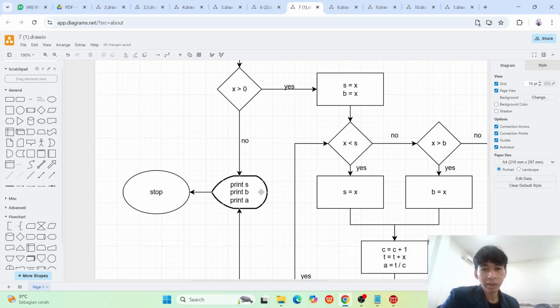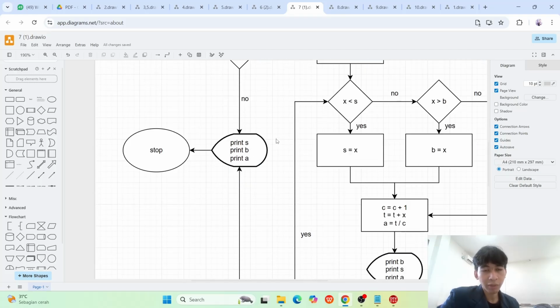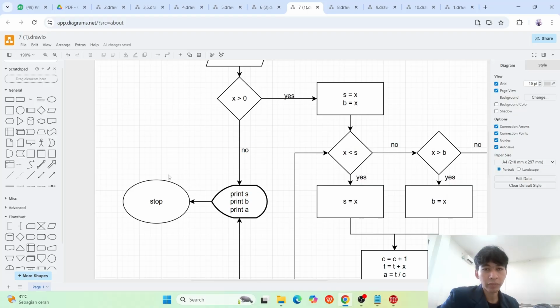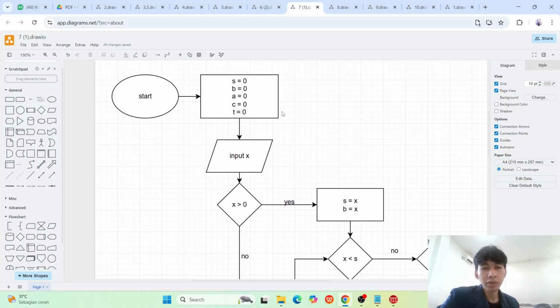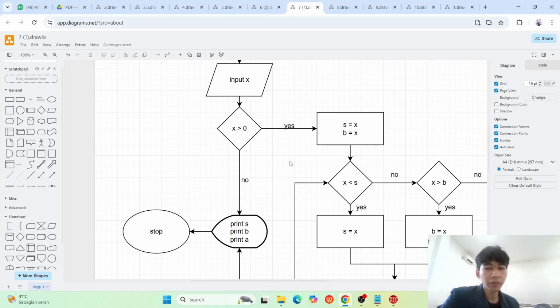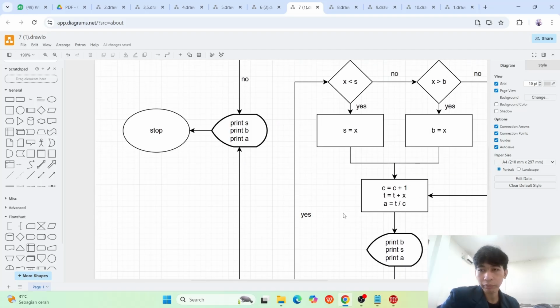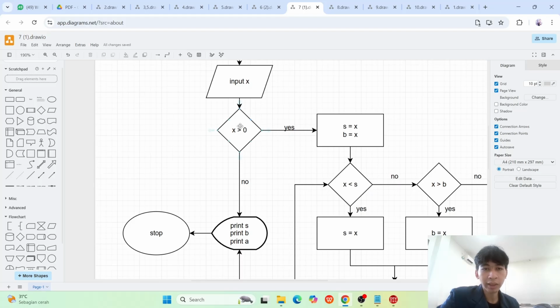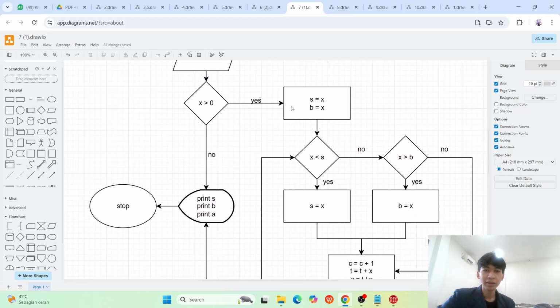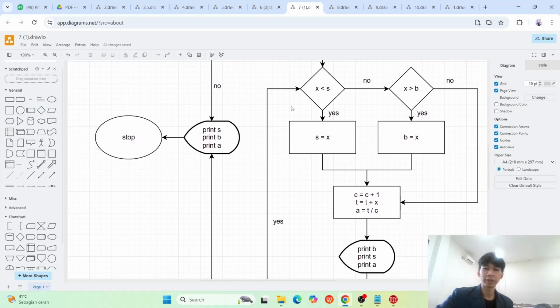Then the program will stop at that time, because the user must input positive values, not negative numbers. So now we are moving to the pseudocode for problem number 7.